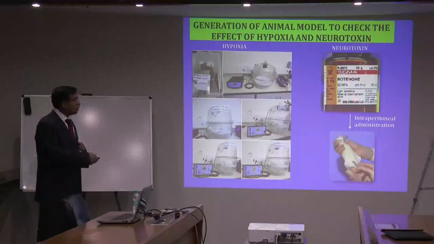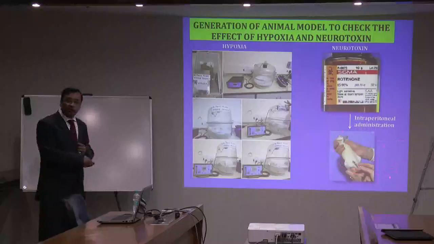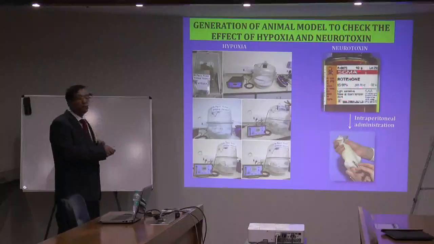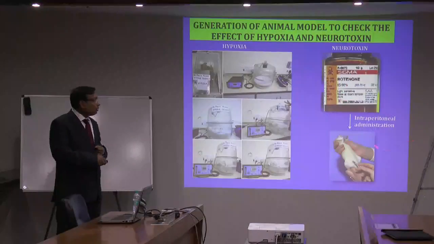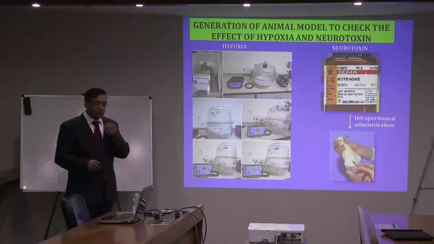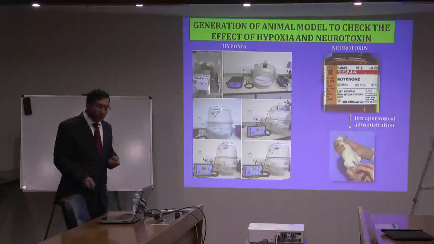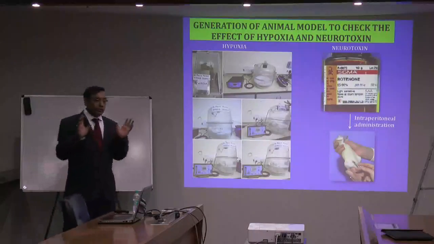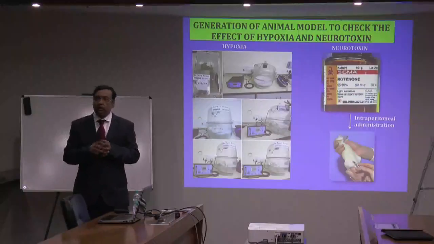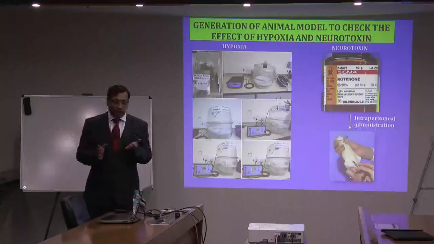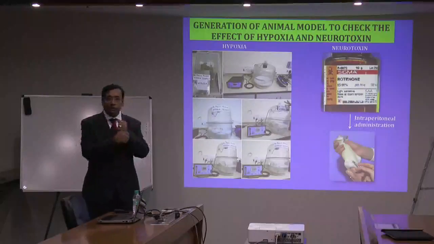Likewise, for the rotenone model, we took the rat and introduced rotenone, 4 mg per kg body weight, and generated the model. How did we check this model, the behavioral impairment? There are different kinds of tests in neurological disorders. Suppose a person is suffering from Parkinson's disease and goes to the doctor. What will the doctor do? Okay, you put your thumb in my palm,